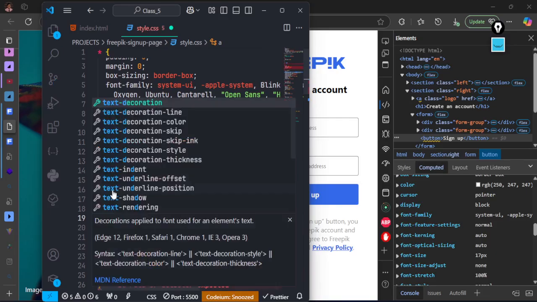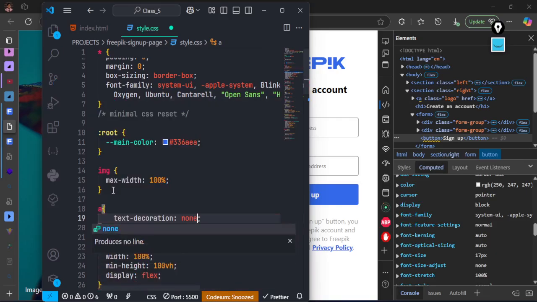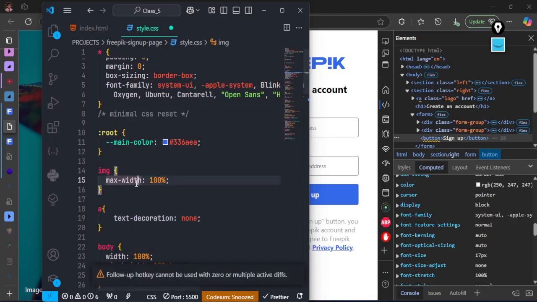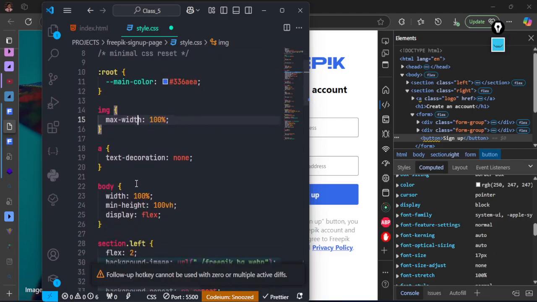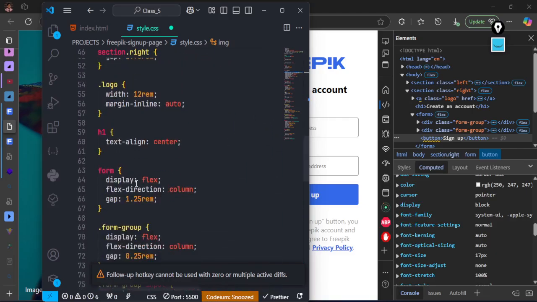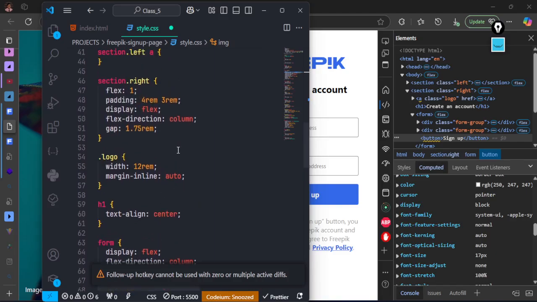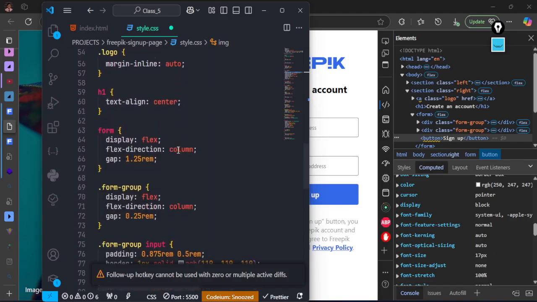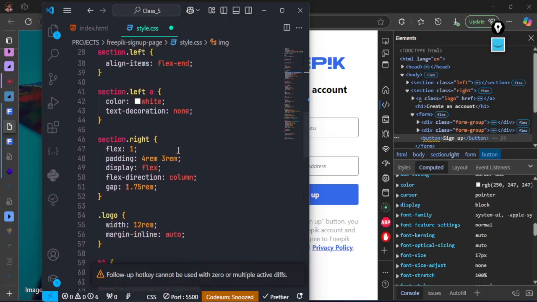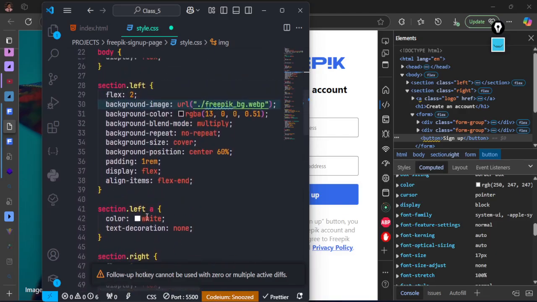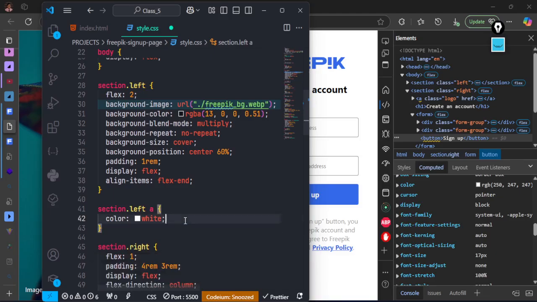Text decoration here should just be none. So where did I do it? So I did it somewhere. So let me go to where I did it. That logo, I think it's the logo. No, where did I do the stuff? Should be on the left side. Yeah, this is it. So I don't need to do it here again because I've already applied it once